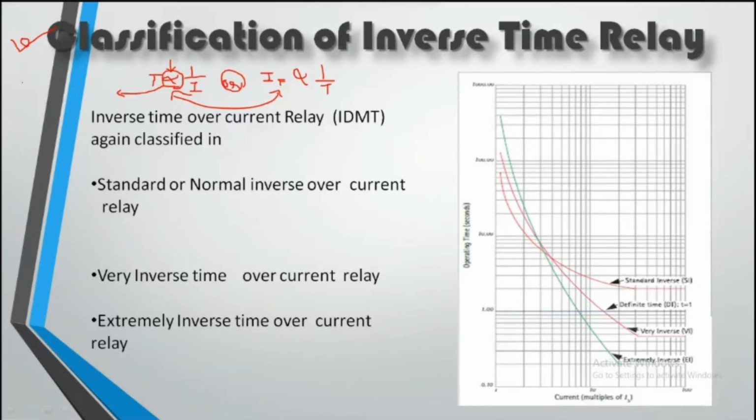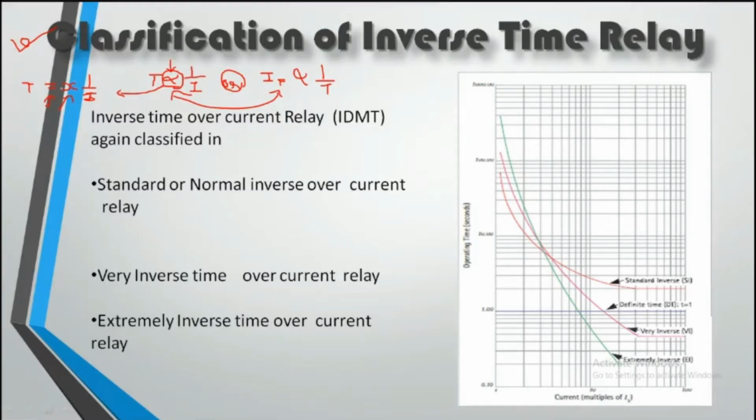If I want to write this down, T is equal to, if we put in the equal sign, then we are supposed to replace the proportionality with the proportionality constant. Let's say the constant, for the time being, is x. So T is equal to x multiplied by 1 upon I, right? Now, if we change the value of x accordingly, the inverseness between the time and current will differ, right?